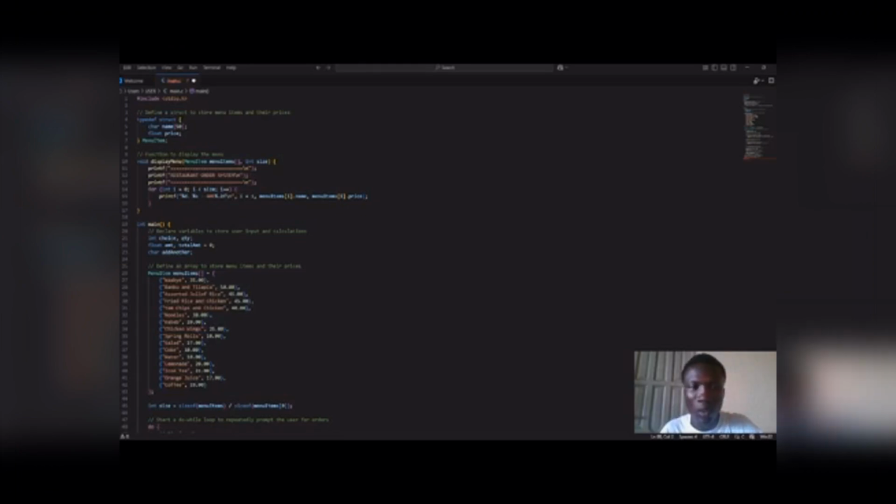So this extract represents an array of menu item structures, where each item contains a name and a price. And I'm sure my colleague Yeboah made mention of waakye, which is at 35 Ghana cedis, banku and tilapia, which is at 50 Ghana cedis, assorted jollof rice at 45 Ghana cedis. Now I'm continuing from